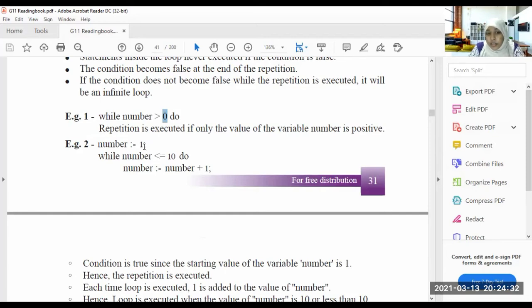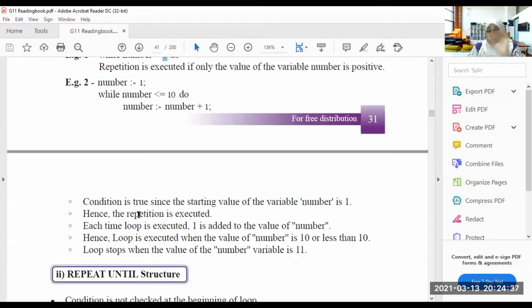The condition is true since the starting value of the variable number is 1. This condition, number less than or equal to 10, is true, right? So it will be executed. Hence, the repetition is executed.